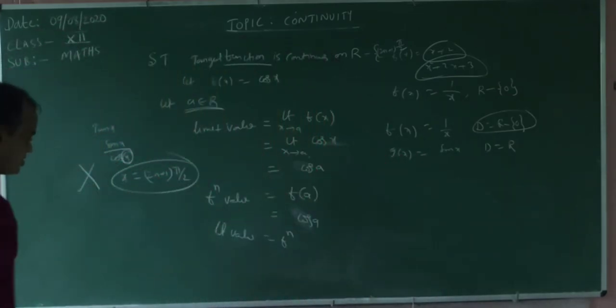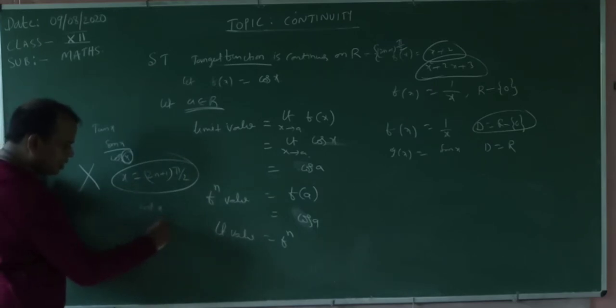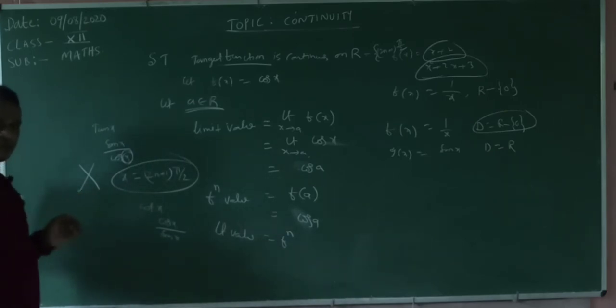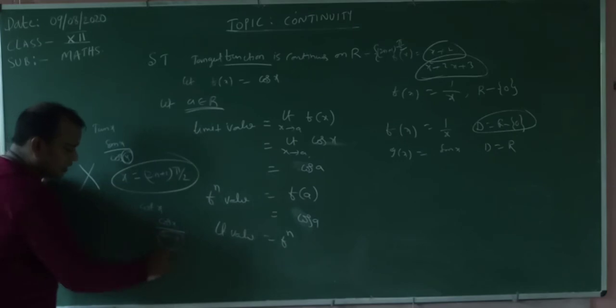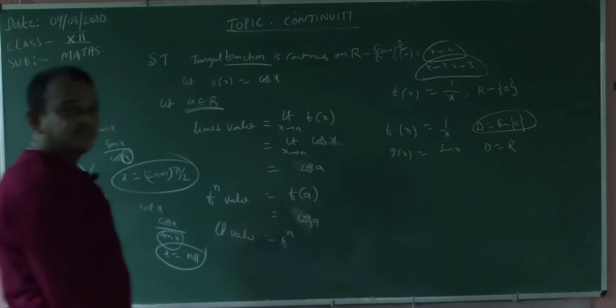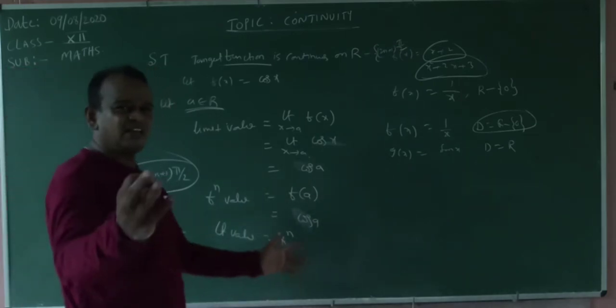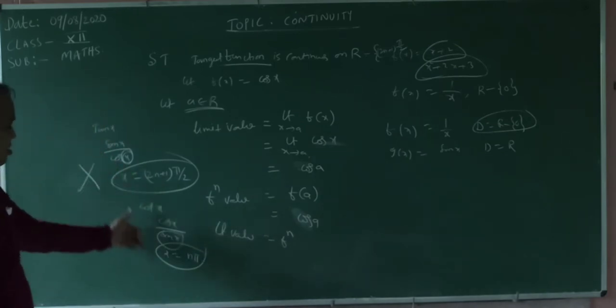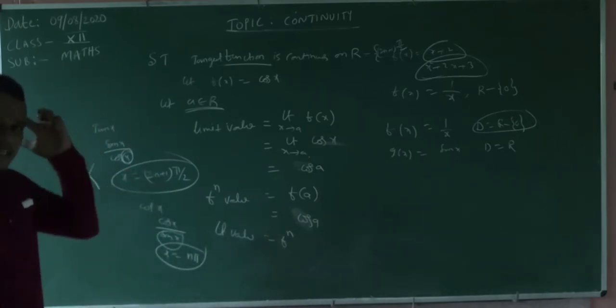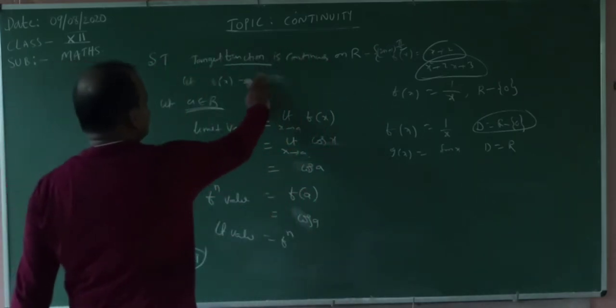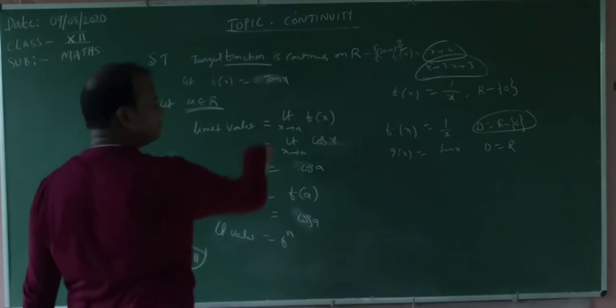What are the discontinuity points of cot x? That is cos x by sin x. It is undefined when sin x is 0: 0, pi, 2 pi, every integral multiple of pi. That means x is equal to n pi are the discontinuity points. So these are very important questions for mains or any competitive exam. This concept is very important. Keep it in mind. Okay, my dear students. Similarly on R minus those points, you take tan x, no problem at all.